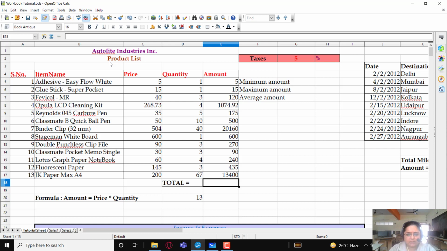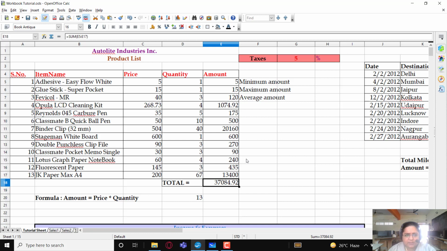So over here I am going to press equals sum. I'll open the bracket, and now I will be using the mouse pointer to select my range. So you can see that I have just clicked on this. I have selected the range and automatically the range appears in the formula. Now close the closing bracket and press enter, and you will find the total sum of all the amounts. Now this was an example of relative addressing.